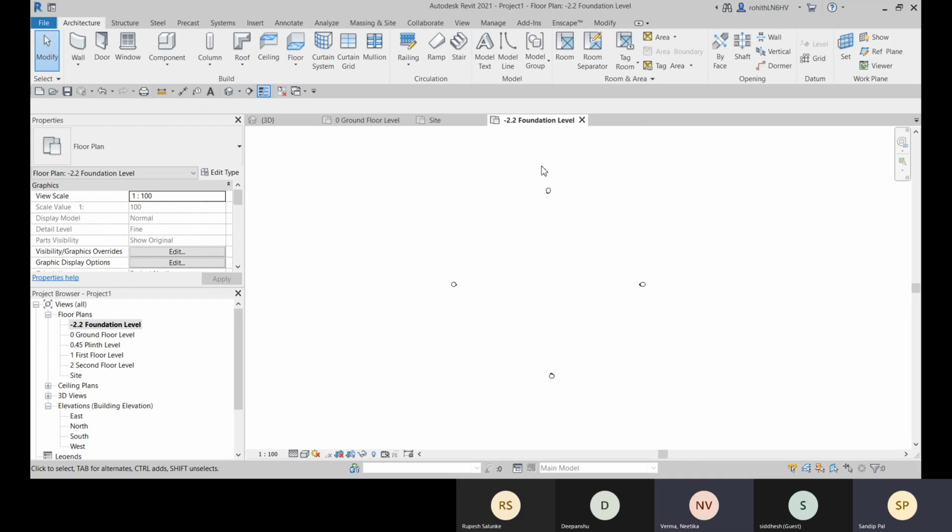And within this foundation level, you can see that the topo surface is not included, because it will be only visible within this site. Okay, and here we have some view range option. So how much will be included within this view? That range we can set also. So for that we have that view range option. Just a second.